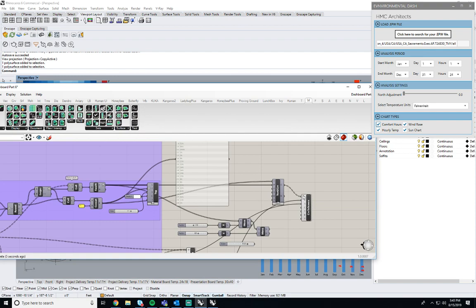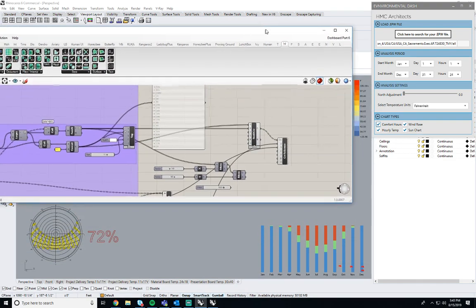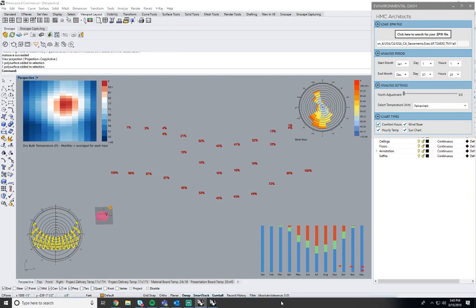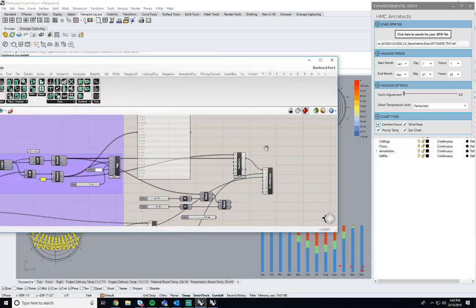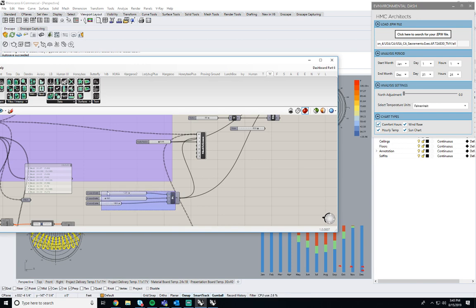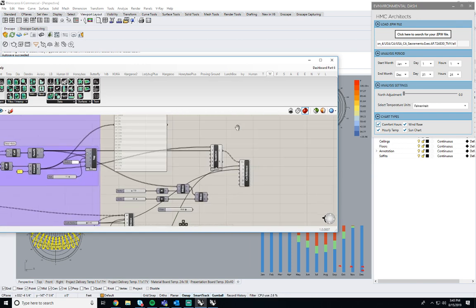Alrighty, so clearly it's not working. But it looks like it's in the same order. So really what I can do is take that,